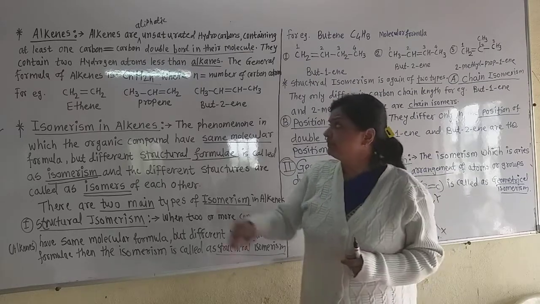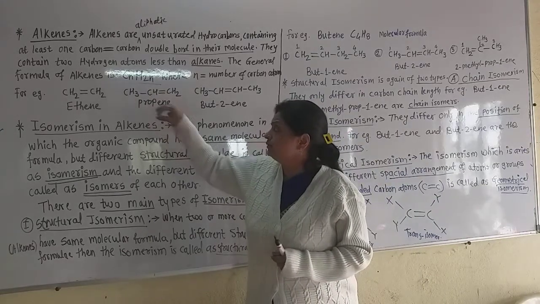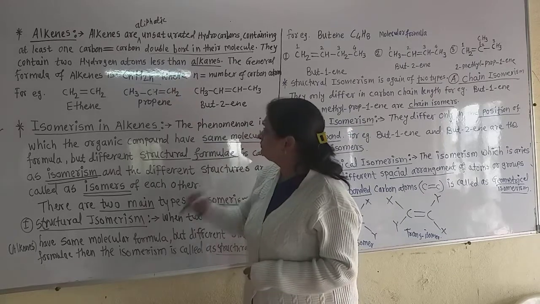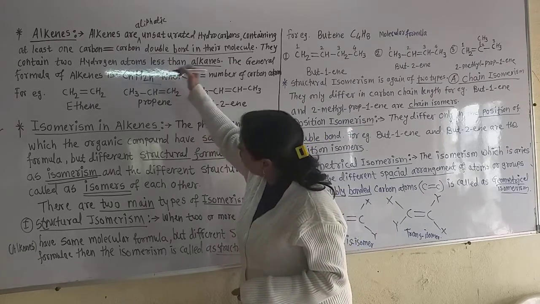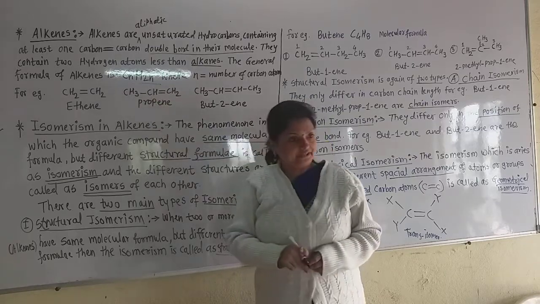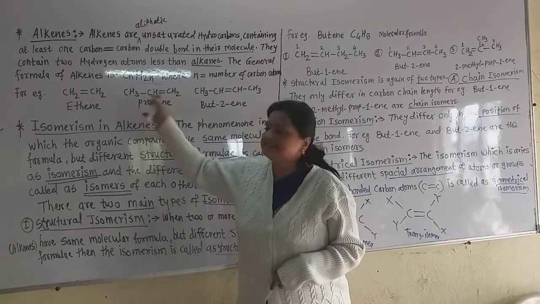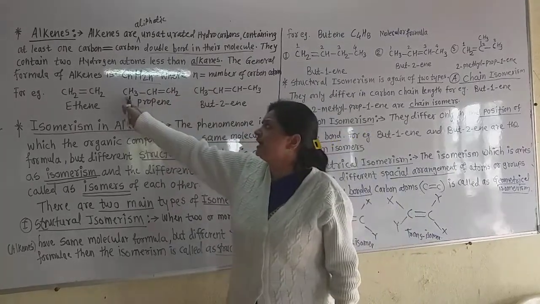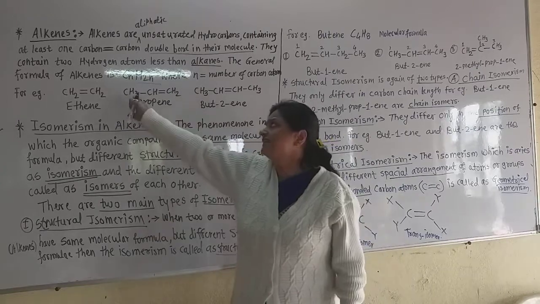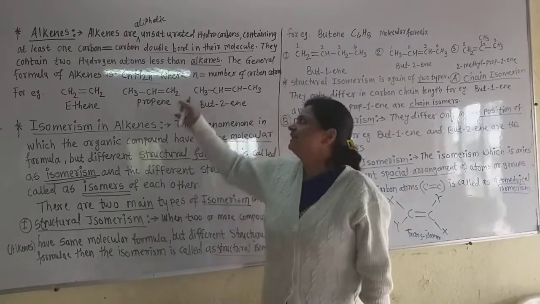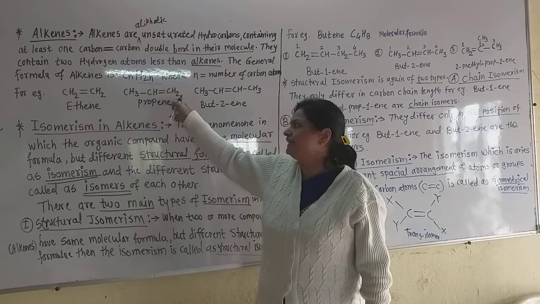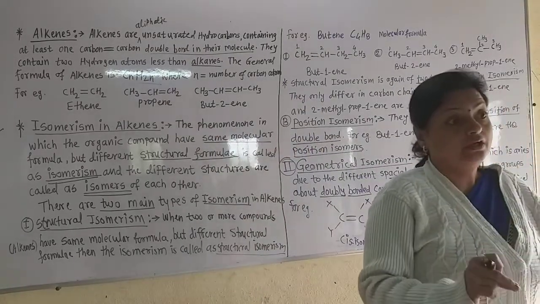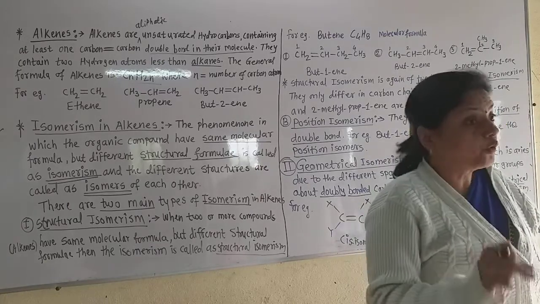Now see here, I give the double bond between this second and third carbon atom. Now this second carbon atom already has 3 bonds around it, these 2 bonds and this is 3. So it requires only 1 hydrogen. Now the first carbon has only 1 bond, so it requires 3 hydrogens. And the third carbon has 2 bonds, so it requires 2 hydrogens. In this way you must write down the structure of propene.